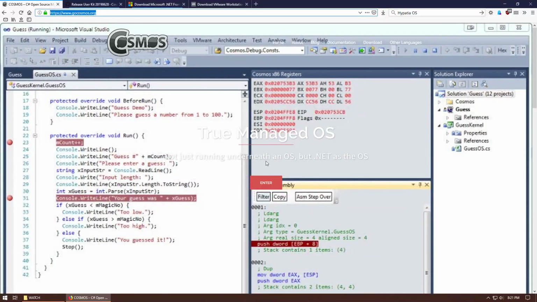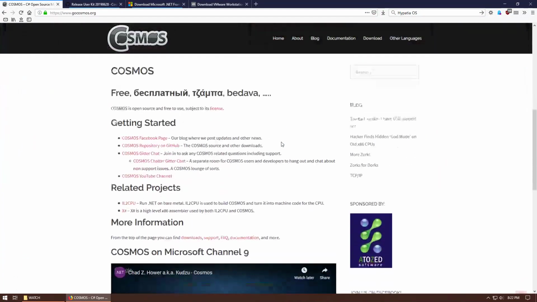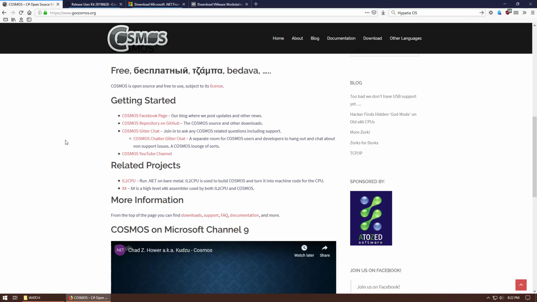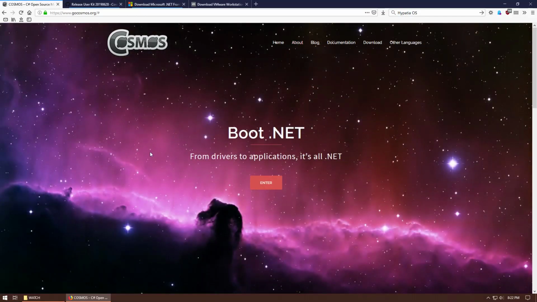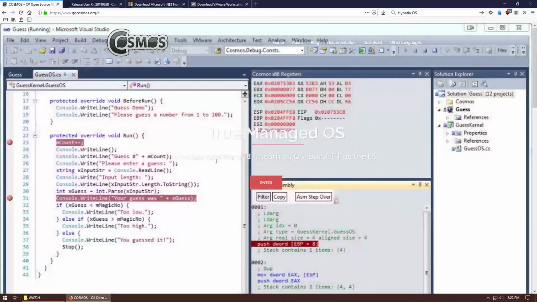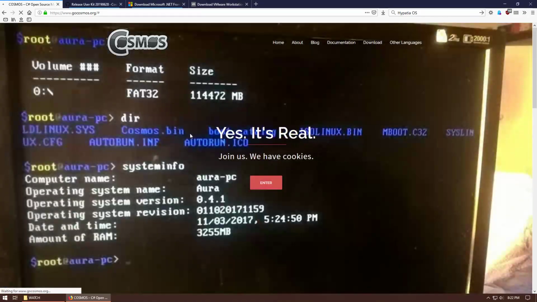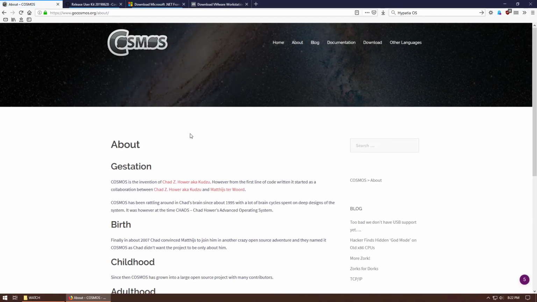gocosmos.org. The significance of this is that from drivers to applications, it's all .NET. So you can write your own operating system in C#, which is pretty cool. If you want to download it, you can download the version for Visual Studio